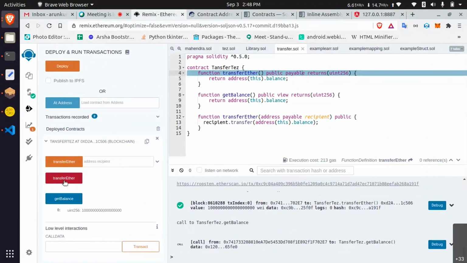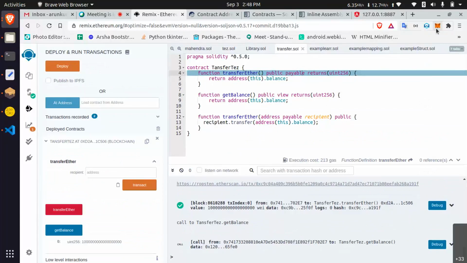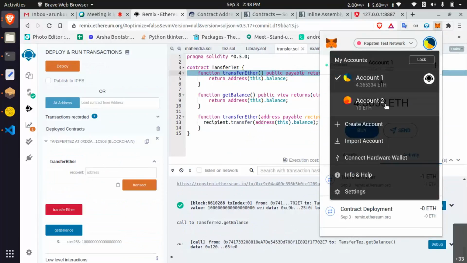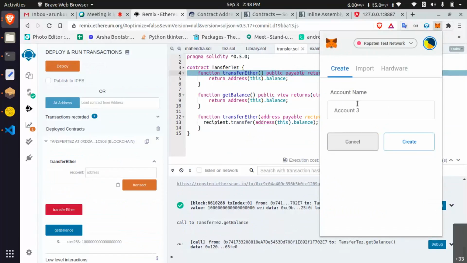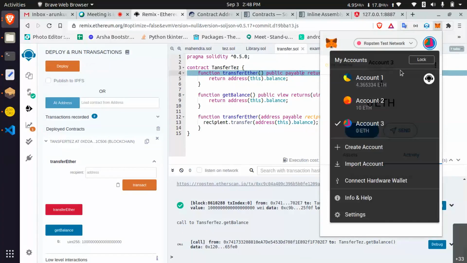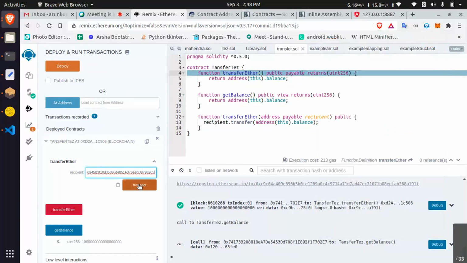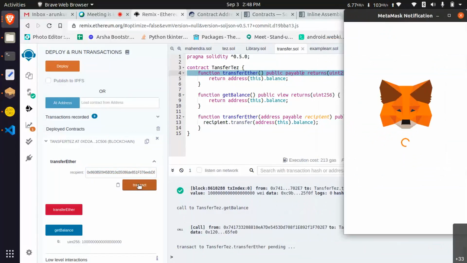And if you want to transfer ether from the contract to some other person, just select some other user. Creating account 3, copying account 3, switching here, paste it. It's a transact.